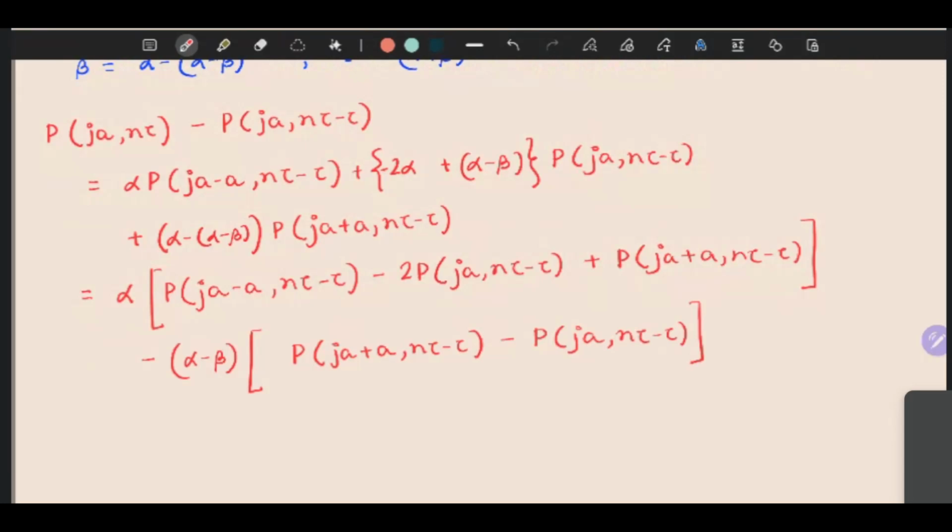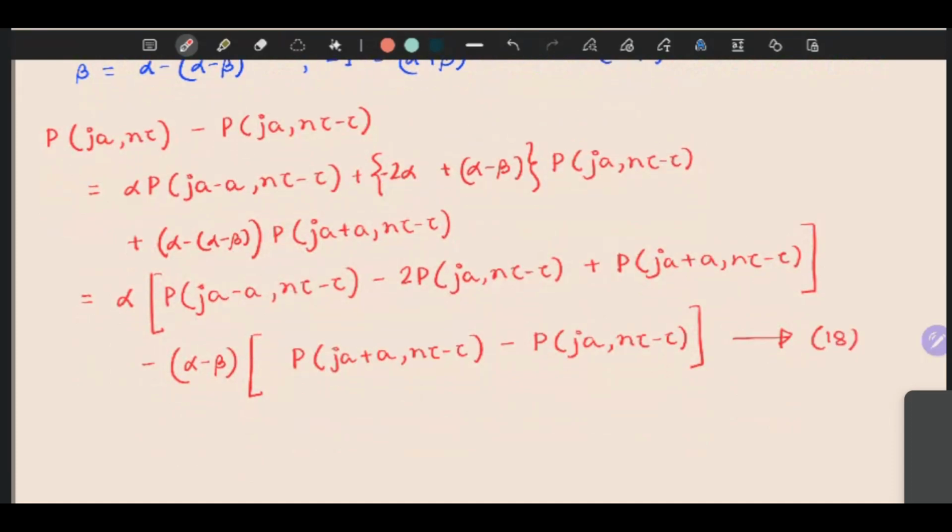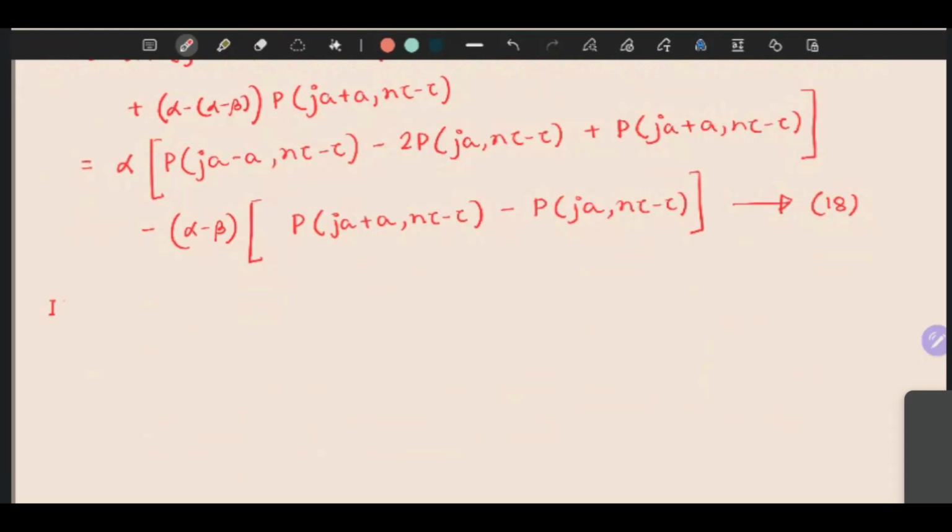Okay. Now if you divide both sides by tau, so if you divide both sides by tau,